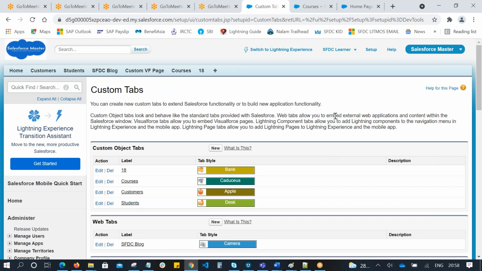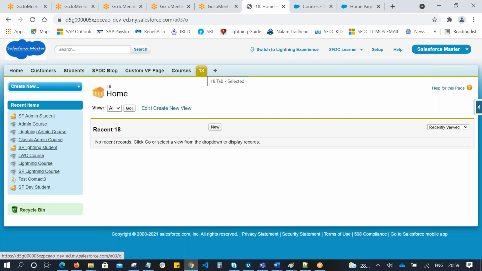Okay, it is still 18. In some scenarios, we have to work with the Salesforce support team. Generally, there is some predefined functionality, like once we have created a tab, we cannot modify it. In such use cases, we can raise a case with support, and the Salesforce support team has to modify this tab name. Creating a tab name means we are creating a standard UI for the custom object. So let's take this tab name 18.